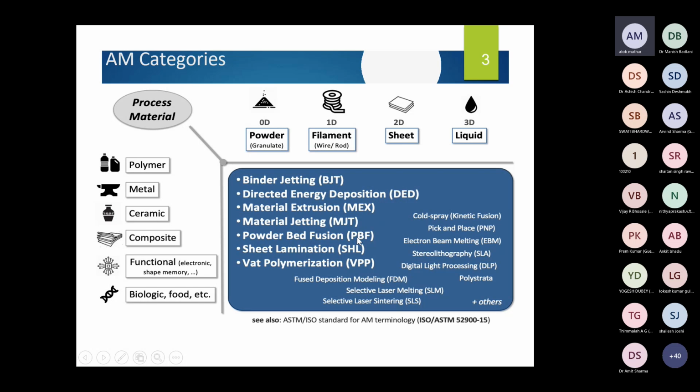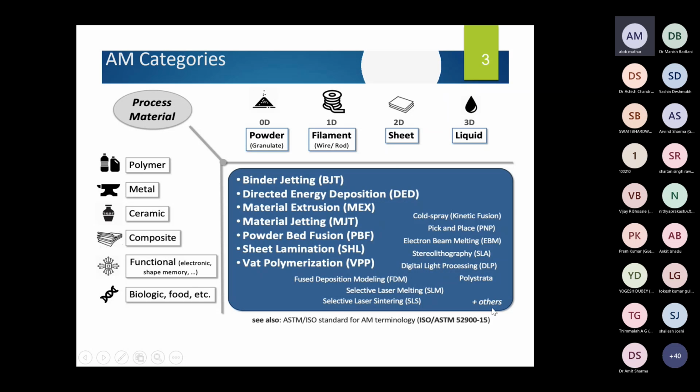These are advanced methods which are derived from the same methods which we have seen just today morning. These are fused deposition modeling, selective laser melting, selective laser sintering. So these new methods are derived from these old methods which are mentioned here, like cold spray, pick and place, electron beam melting, stereolithography, digital light processing, polystrata and others.